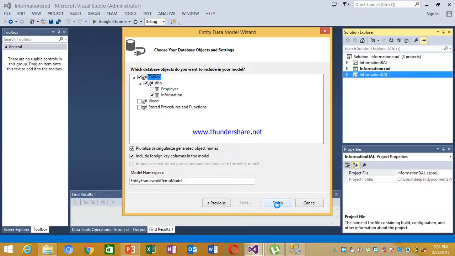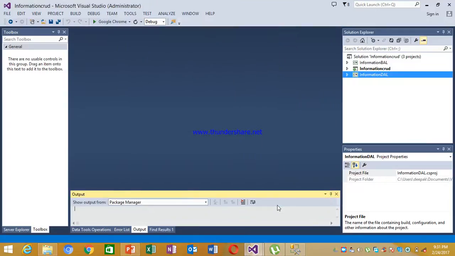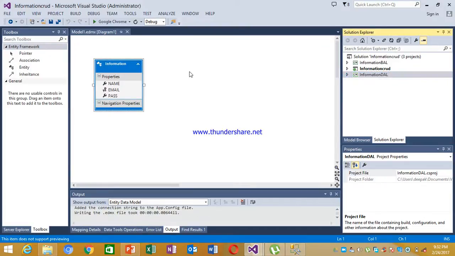It will take some time to respond. Here you can see that corresponding to the database that we have created in SQL Server, it will generate a model for us.